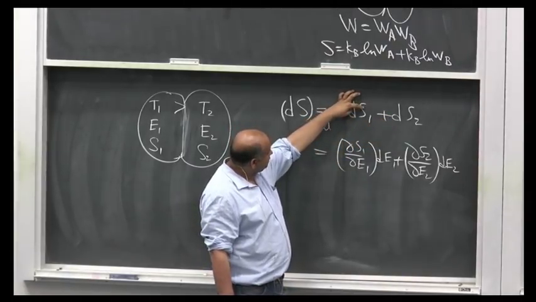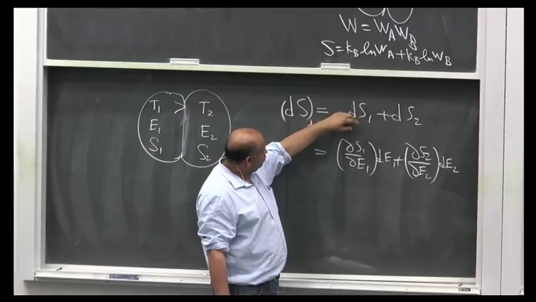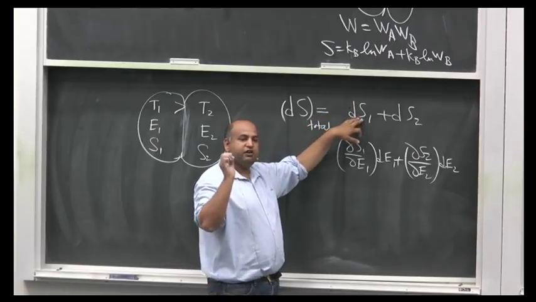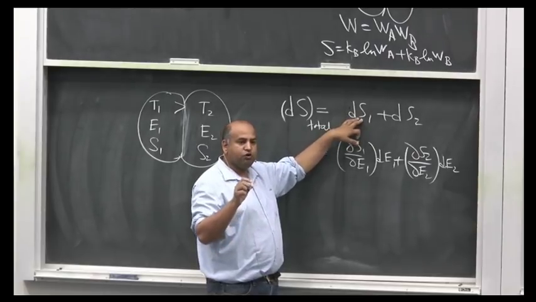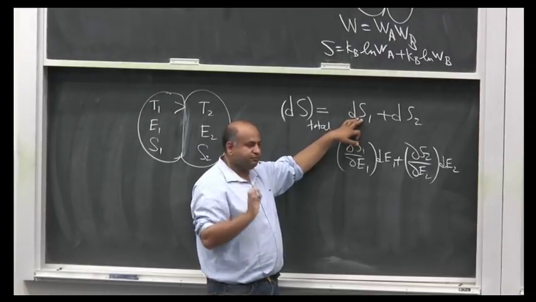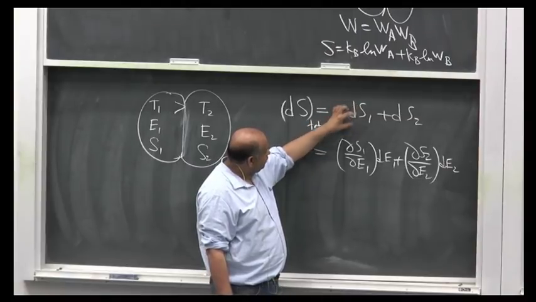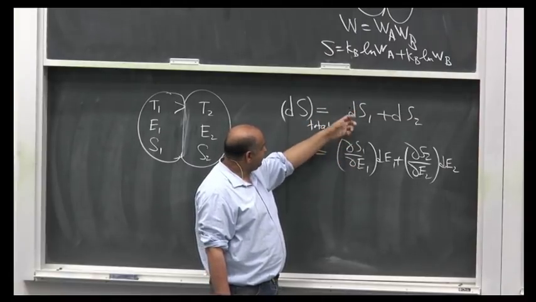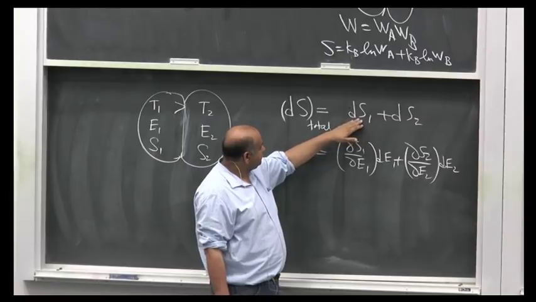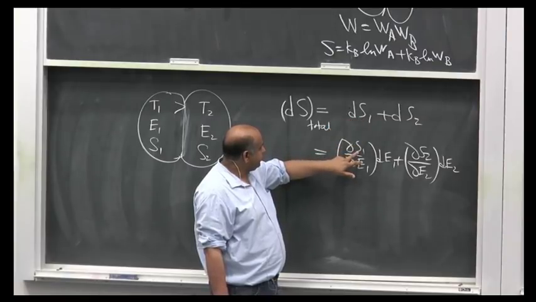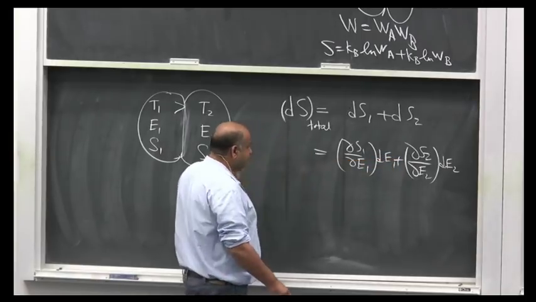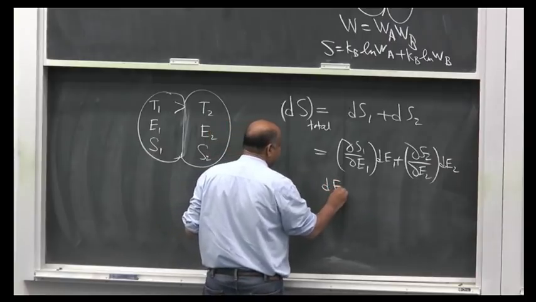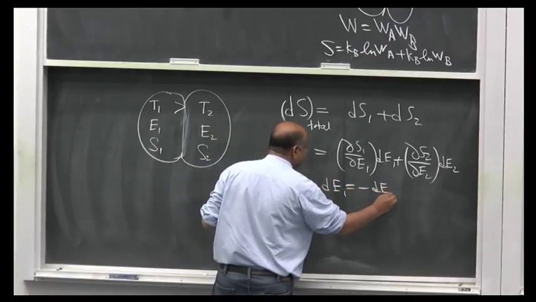Now if you concentrate on system 1, its entropy in general depends on volume, number of particles and energy. But if I keep volume and number of particles constant, then its entropy only depends on energy. So it means that we can find this change dS1 by finding the rate of change of S1 with respect to E1 and multiplying by dE, which is the change in energy, and similarly for the other. But here, we can see that dE1 must be equal to